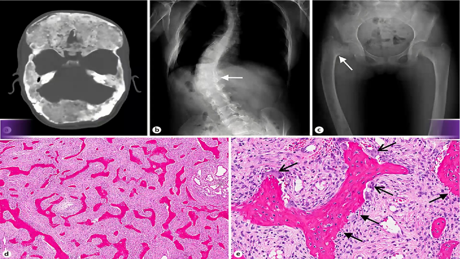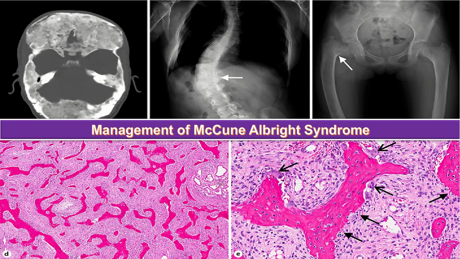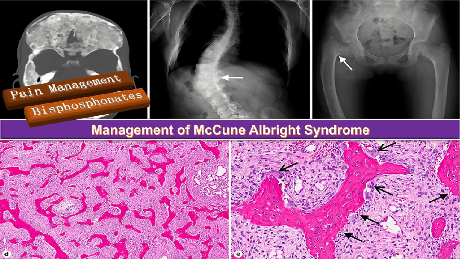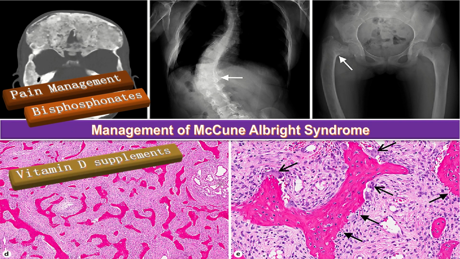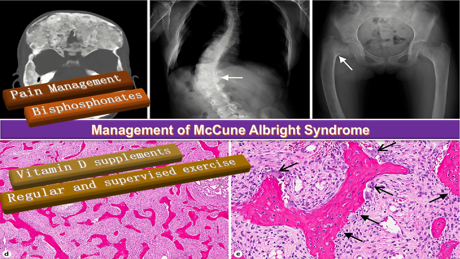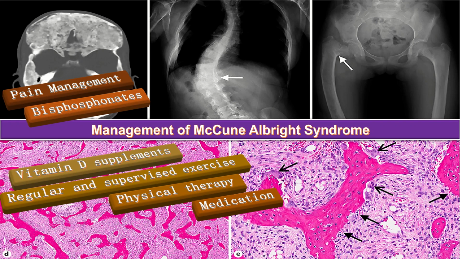Management of McCune Albright syndrome. In fact, there is no cure for McCune Albright syndrome. Treatment may include medication to manage pain, treatment with medicines known as bisphosphonates to improve the bone density, vitamin D supplements to reduce the risk of rickets, a regular and supervised exercise program to improve the bone density, physical therapy to maintain or improve the joint mobility, medication to reduce the level of female sex hormone like estrogen,